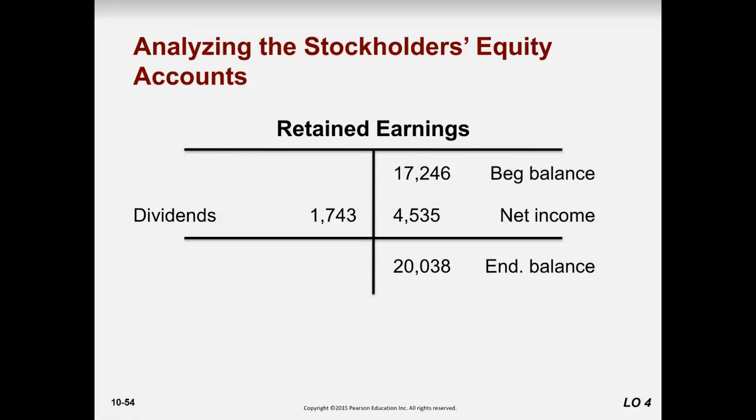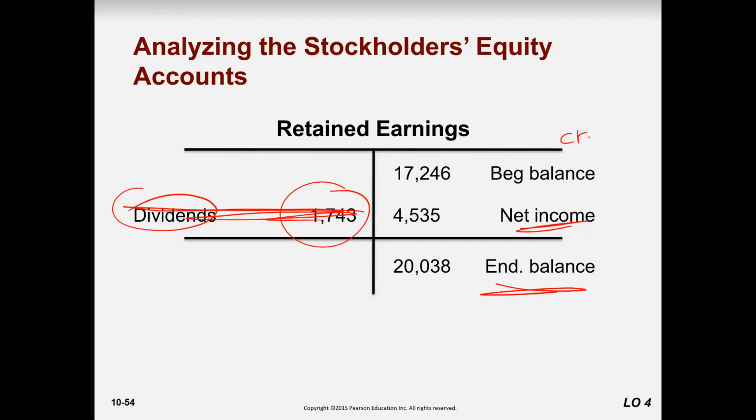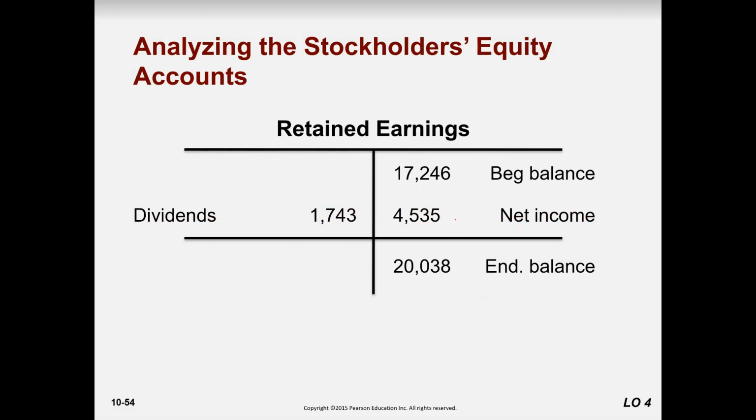So we know that the retained earnings account has a normal balance of credit, and it is increased by the net income and decreased by the dividends. We can also extrapolate to find the balance. Even if we are not given the dividends, if we are given the ending balance, we can find the dividend by the balancing method, by a plug figure to balance this account. We can also find the net income if we are not given it, as long as we are given the dividend, opening balance and ending balance.